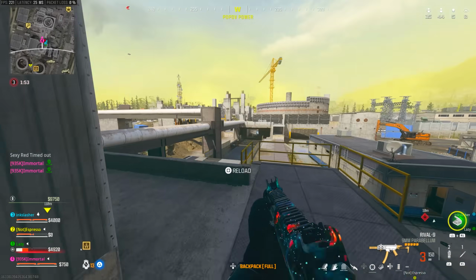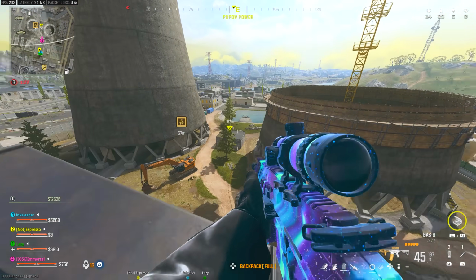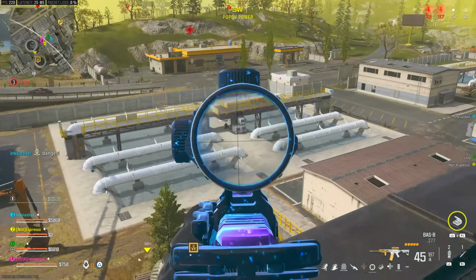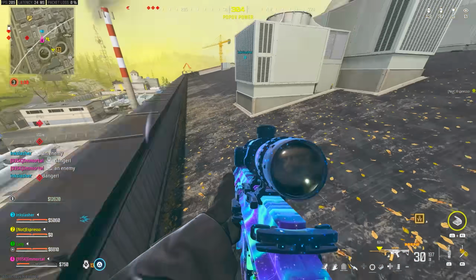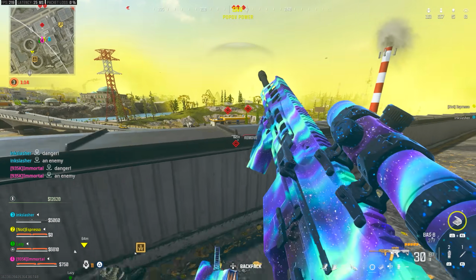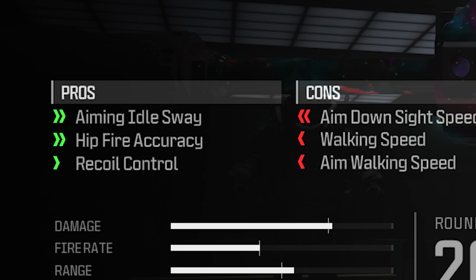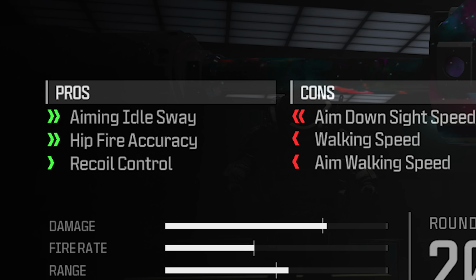I also want to talk a little bit about aim here and weapon choice, because there are some simple mistakes that you could be making right now that are actually severely limiting you in certain fights. The first tip here is focused primarily on mid to long range, especially with emphasis on the long range gunfights. Aiming idle sway. This is a stat that definitely shines more on MW2 guns, and I'll talk more on that here in just a second, but this is the weapon sway that you have when you are aimed down sights,